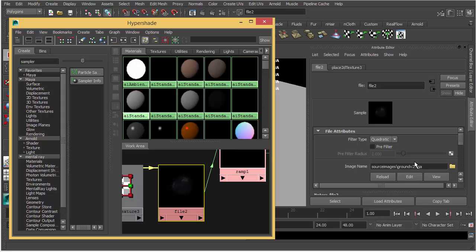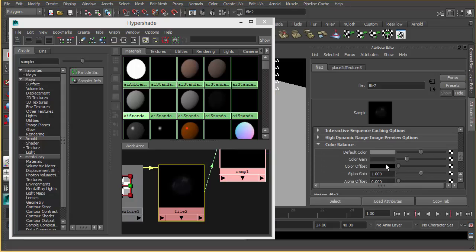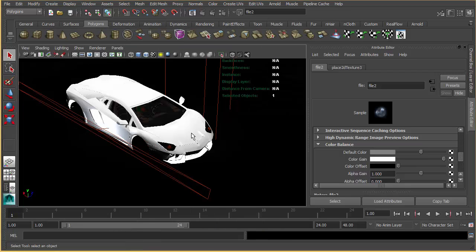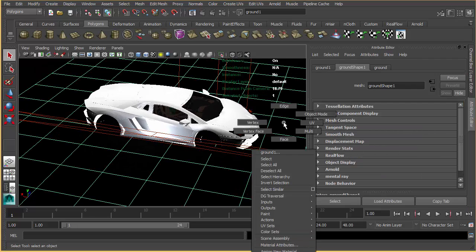Let me crank the color balance here, color gain here. I have just one circular gradient here, just a ground texture on it, and if you will see in here